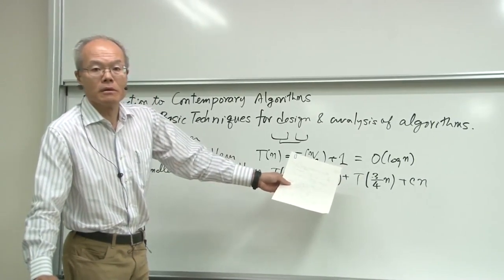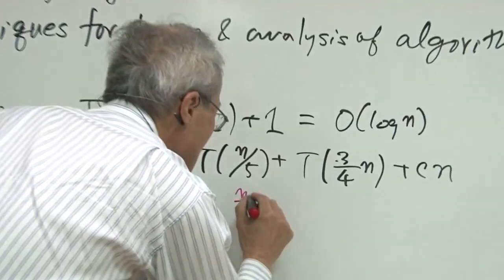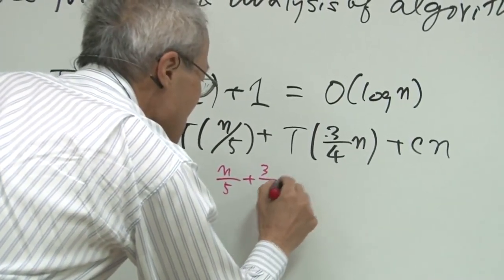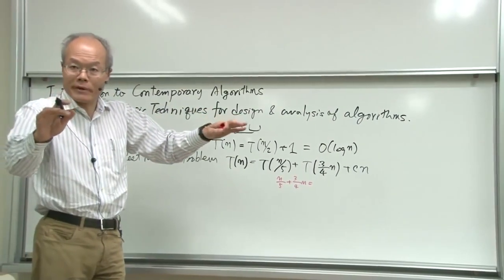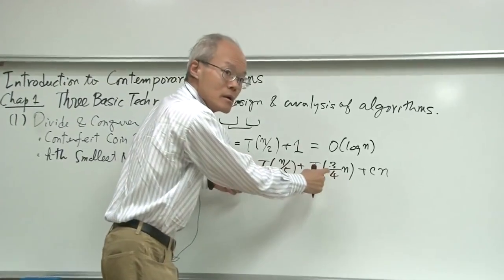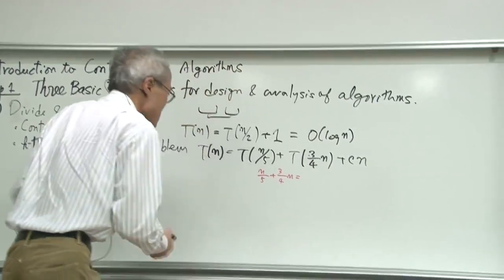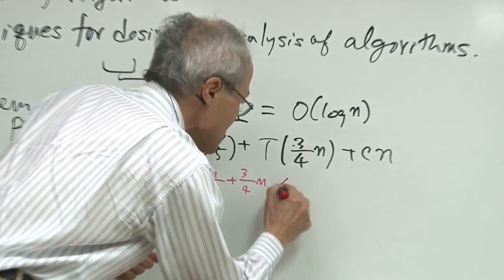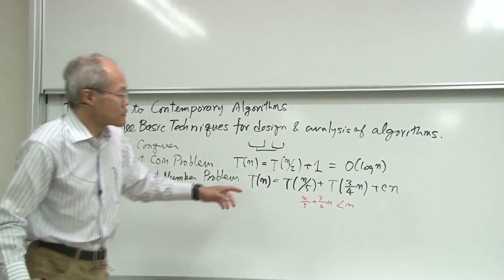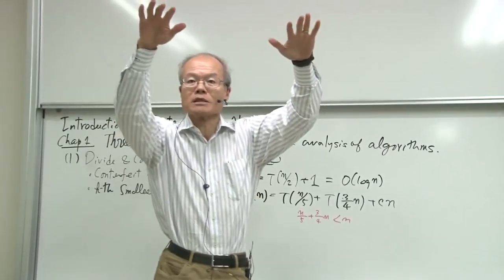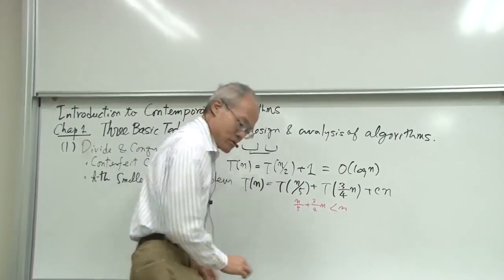3/4 n. Importantly, n over 5 plus the problem size after it's divided into two problems. After that, the total problem size becomes this. And this is strictly less than n, right? So this is very important. That's why the total problem size becomes something like 1/2, 1/4, 1/8, geometrically decreasing. That's why this value becomes